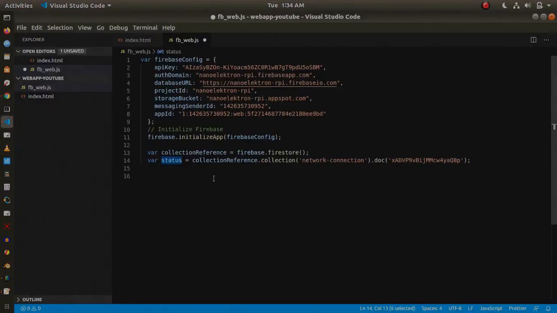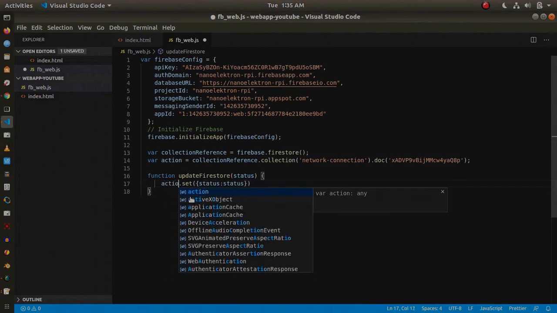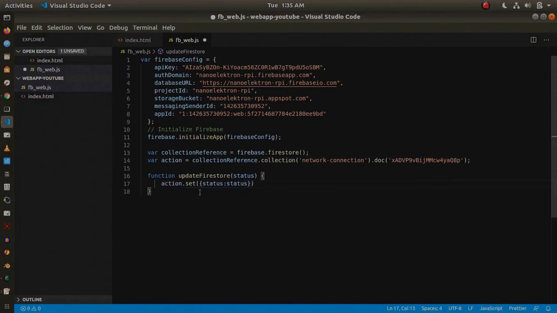Now let us write a method to update the properties in this document so that we can execute this method on our button click. To avoid confusion, let me change the name of status to action. So action.set status: status.